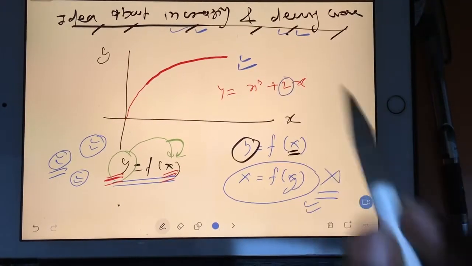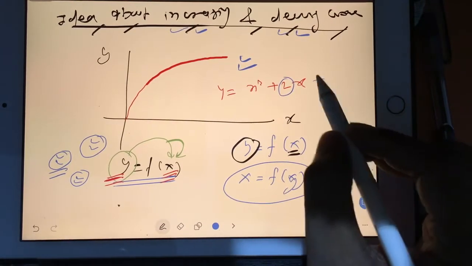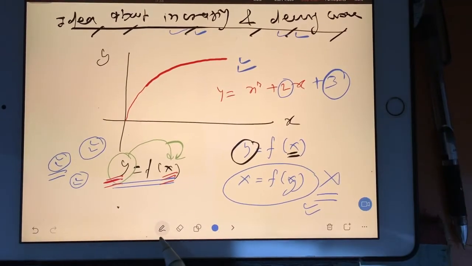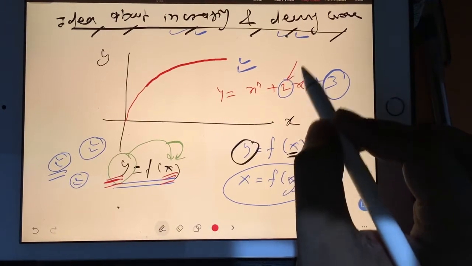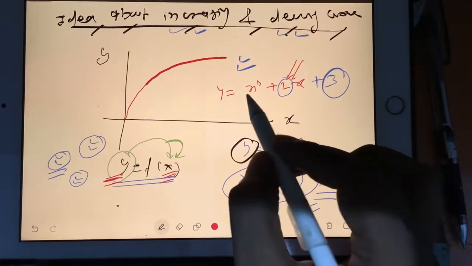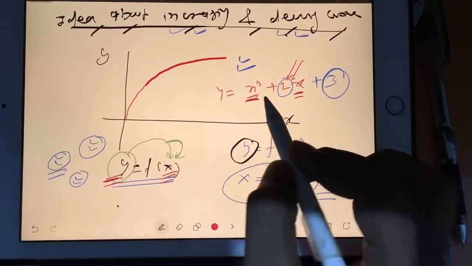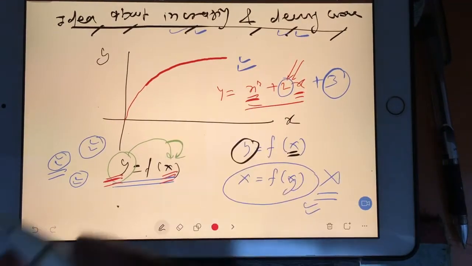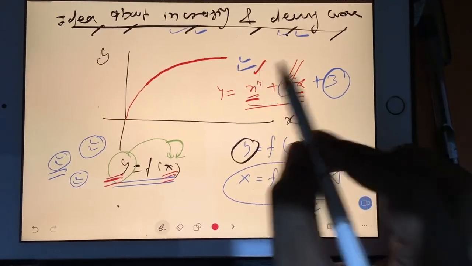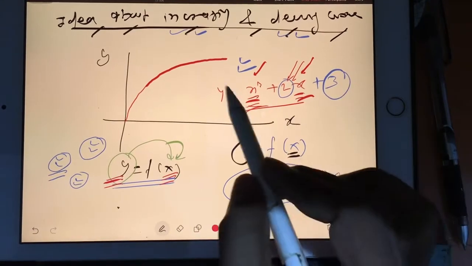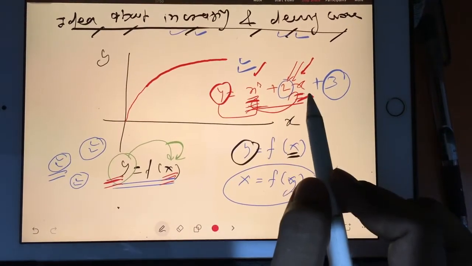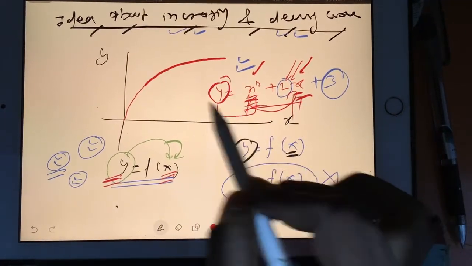For example, if I write the equation y is equal to x square plus 2x, in this, first this 2 is a constant. If I add plus 3 here, this 3 is a constant. This 2 is, you can say, the coefficient of x. This x here is known as the independent variable. The x value is independent, but y value depends on x. If you change the values of x, y will change, so it depends on x.